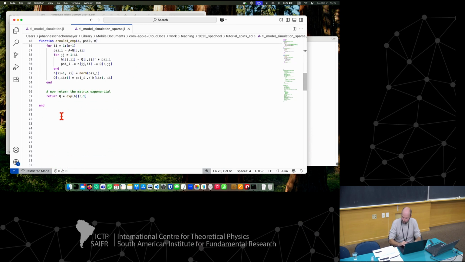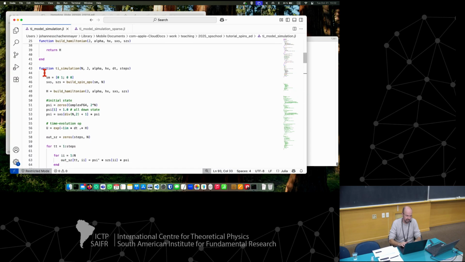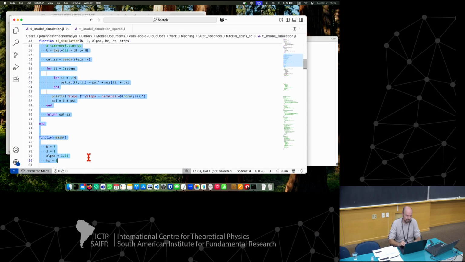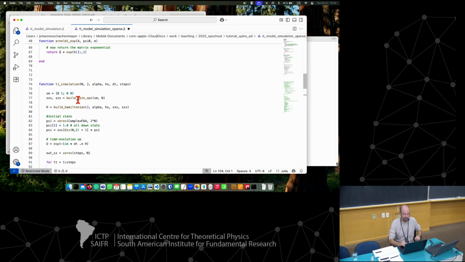Okay, good. So now what I want to do is redo this function here, which did the simulation of our transverse Ising model. I'm generally very lazy, so I'm just going to copy this function, the general lazy way of doing it, and just fix it. Right, so you want to start with this